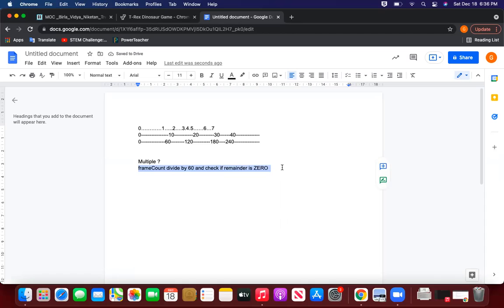Okay. So I'm going to tell my computer, whatever your frame rate or frame count is, first divide it by 60 and check if the remainder is 0. Now, how will this happen for the computer?